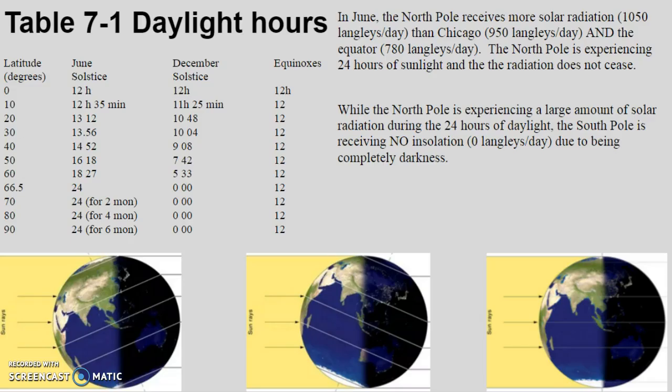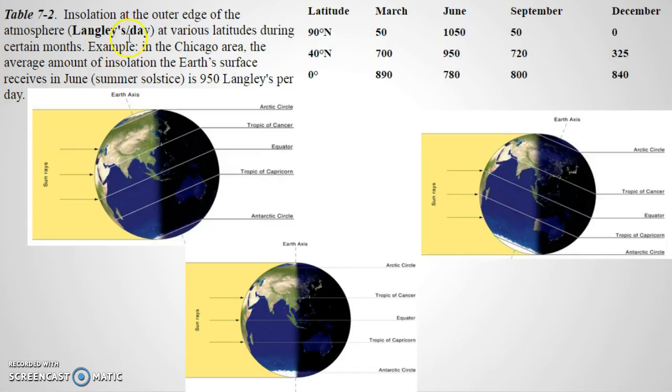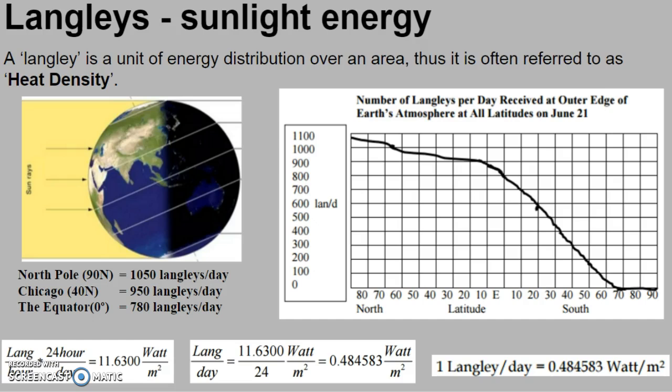The last topic I want to get into, and you can pause this and look at this yourself, you'll want to read these, but I'm getting close to the end of my time here. I want to make sure you know how to interpret this: the different latitudes are experiencing different amounts of daylight hours, and therefore daylight and darkness. We've got 24 hours, so you can interpret this on your own. I want to make sure we get a chance to interpret what's going on with Langleys: the poles themselves are very important, and they actually receive complete daylight hours. They're getting a lot more Langleys than any other